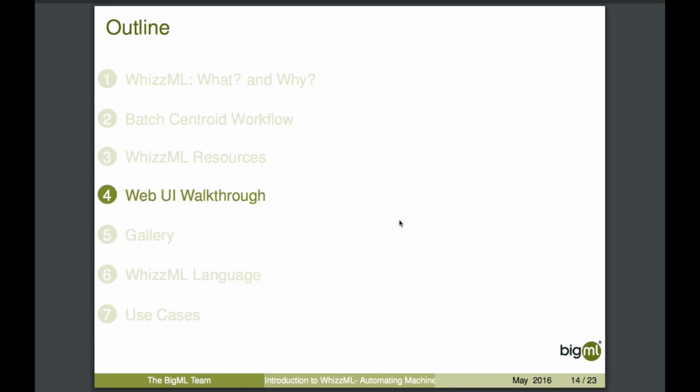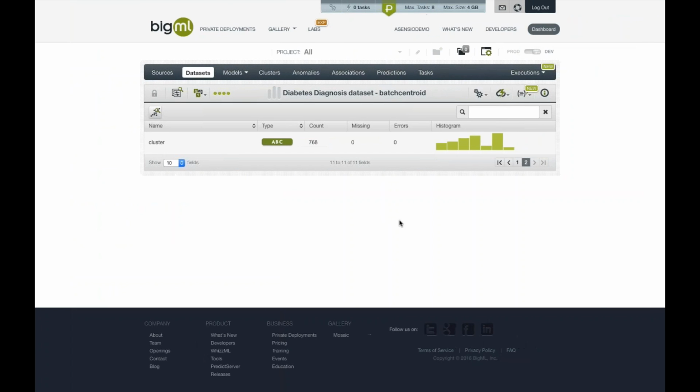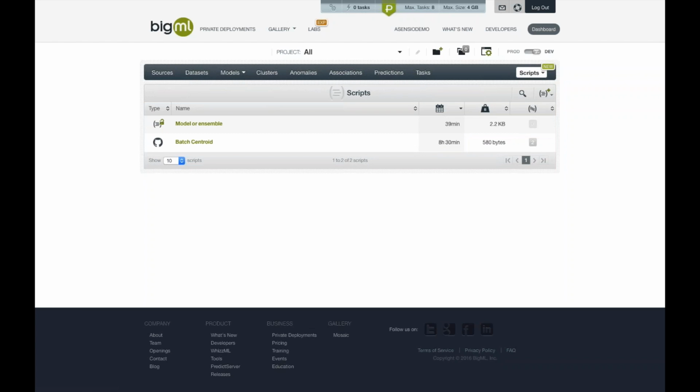So now we'll jump back to the web UI, and I'll give you a brief tour of WhizzML here. So if we look at the top right hand of our dashboard, this new menu, and if we hover over it, we can see scripts, libraries, and executions. And clicking on either one of these will bring us to a listing view that we're probably pretty familiar with. So here's a list of all of our script resources. We can see when it was created, the size of the file. And if we click on one,